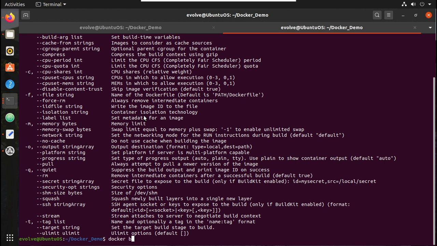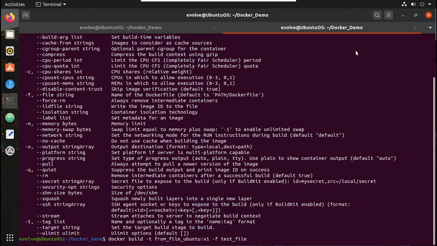Docker build -t, then I'll give fromfile Ubuntu, and I'll give a version. It is not mandatory, you can just give the name. Then -f, give the file name, test file. This dot is important.